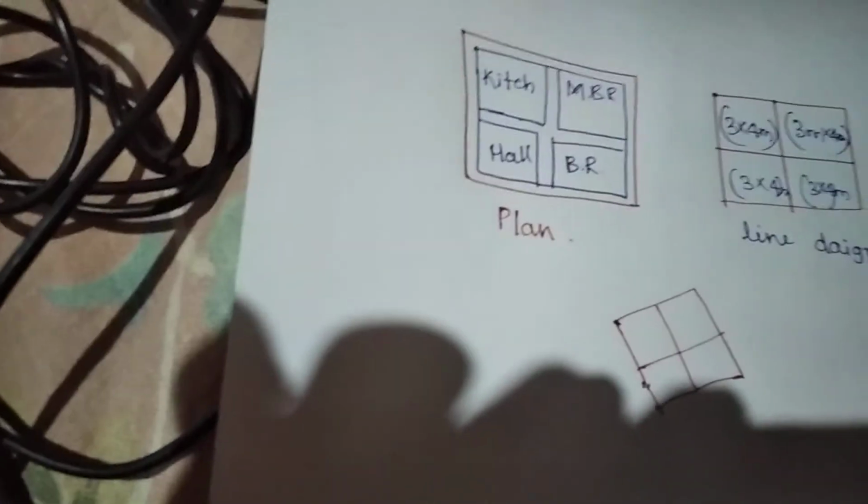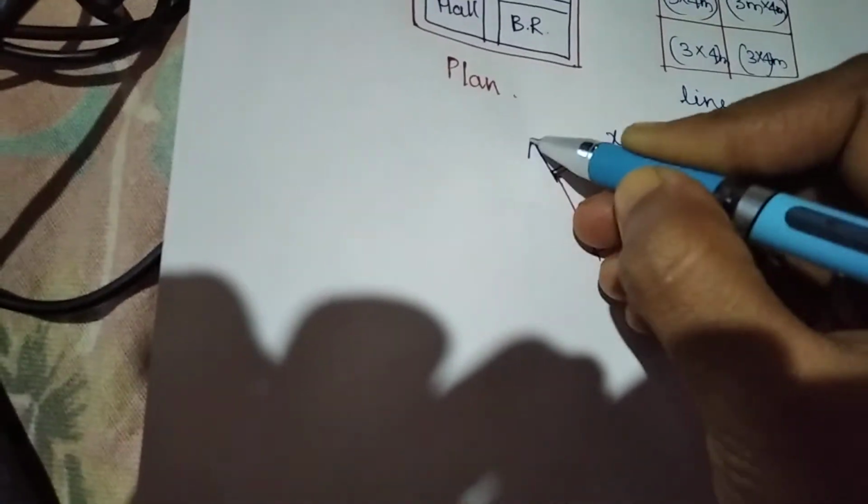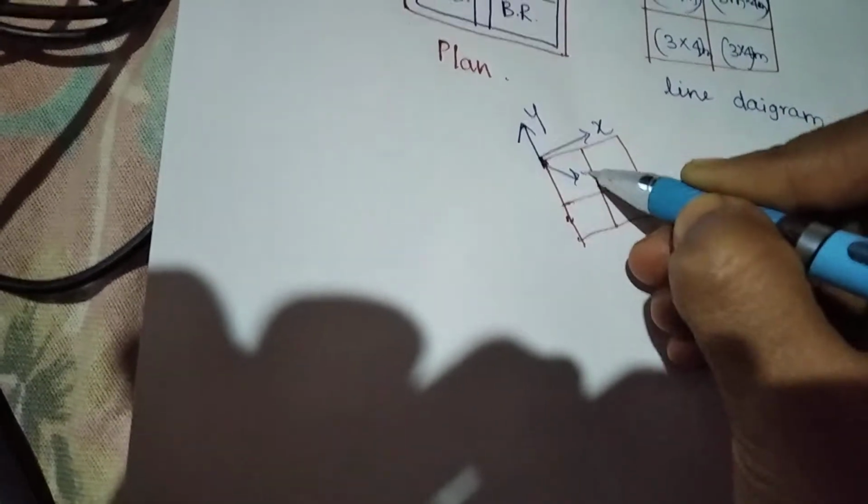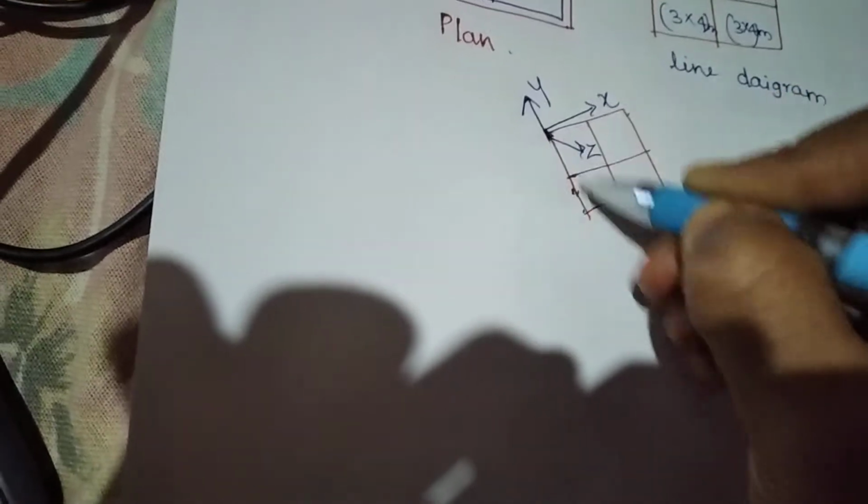See here, in STAAD it is along the x direction and this one is the y direction and this one is the z direction. So it is x, it is z, it is y. Okay, see here,